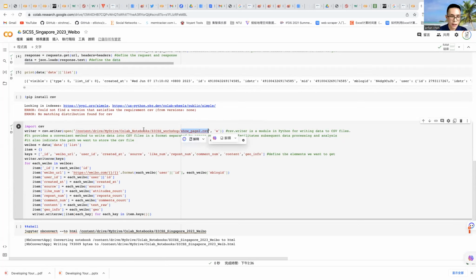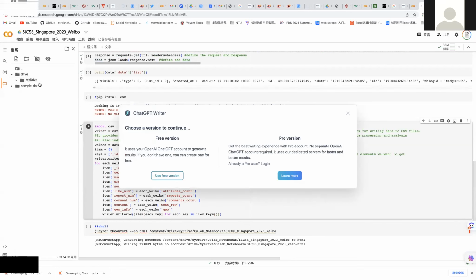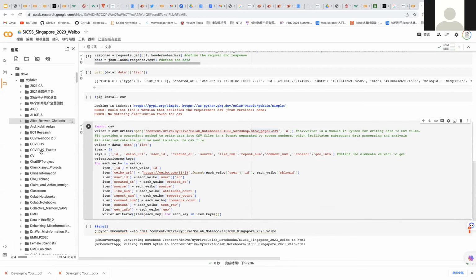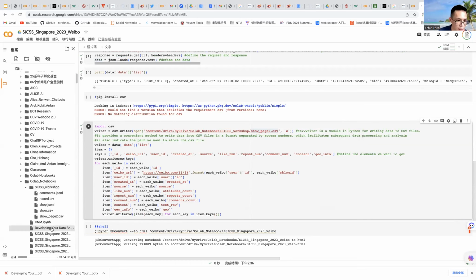Let's see, just click this one. And this is the drive. My drive. What's wrong? Yeah, and Colab. Where's Colab? Up here. And it's SICSS workshop. And it is show page 2.